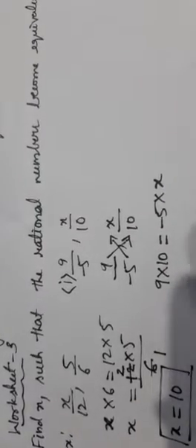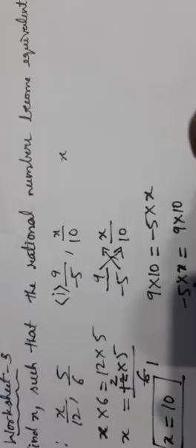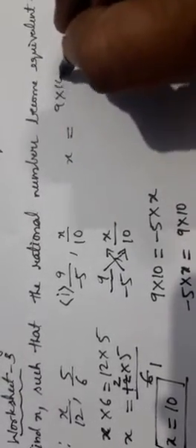Here the x value or x term is in the right hand side. So let us interchange the sides children. What do I write? Minus 5 into x must be equal to 9 into 10. I have interchanged the sides. After interchanging, we have to find the value of x. So keep it in the same side. Send minus 5 into x, minus 5, to the right hand side. So it becomes divided by minus 5.